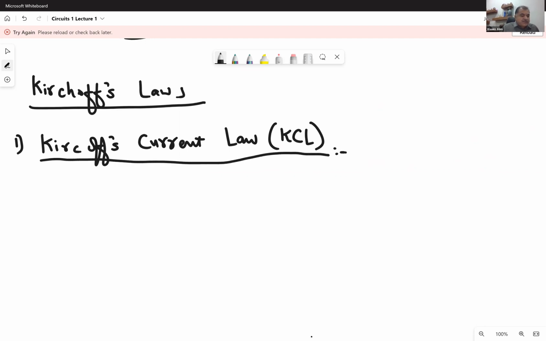Okay, so this is a conservation of charge law, which means that around any loop, the sum of all the currents must be equal to 0. Okay, so